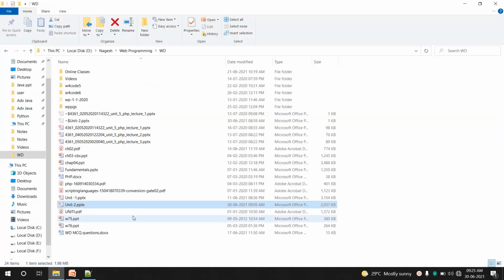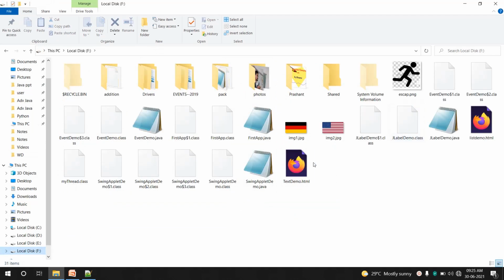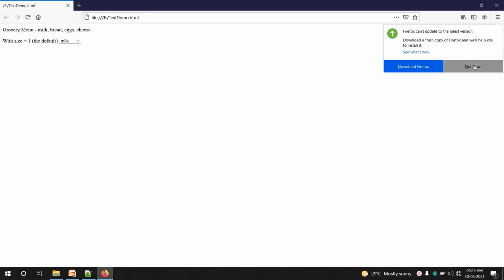The name of the file is actually text demo. It is in F drive. I'll double click on this. Now you can see here the menu is displayed, and when you click on the arrow, all the options are visible. And you can select any item from the list.